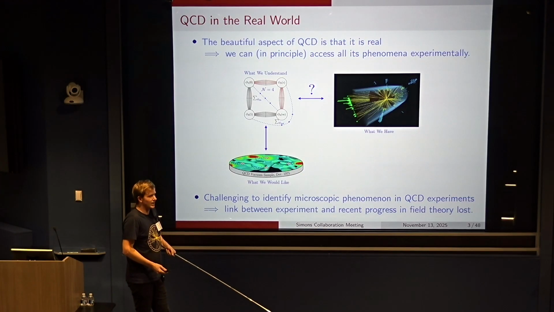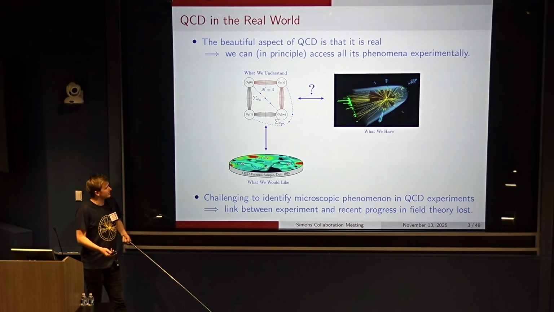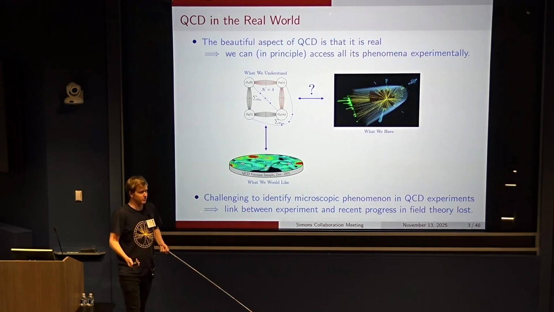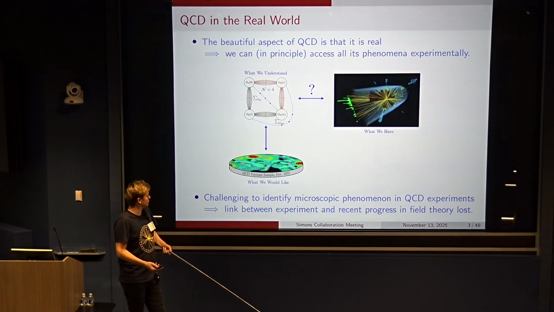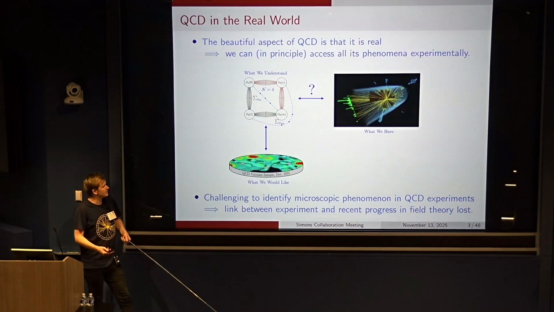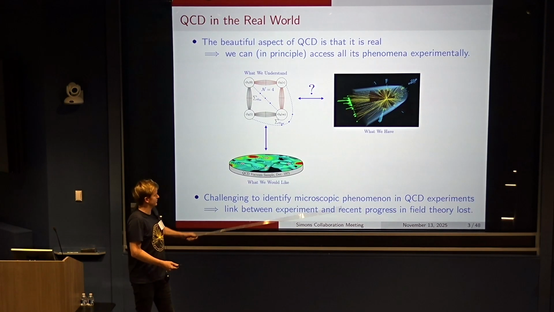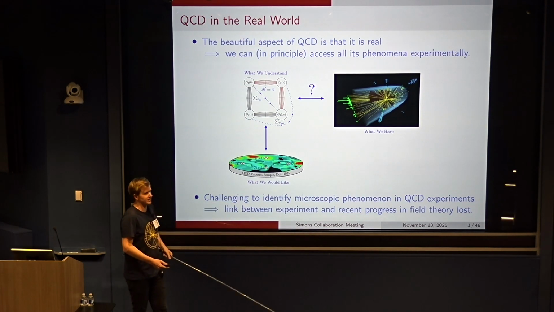involved. And so one of the major difficulties, which is important to appreciate, in trying to learn things from experiment about real-world QCD is not just that real-world QCD is a very complicated field theory, but it's actually that a lot of the observables that we have access to experimentally are very complicated observables. So for example, very complicated collisions like this.